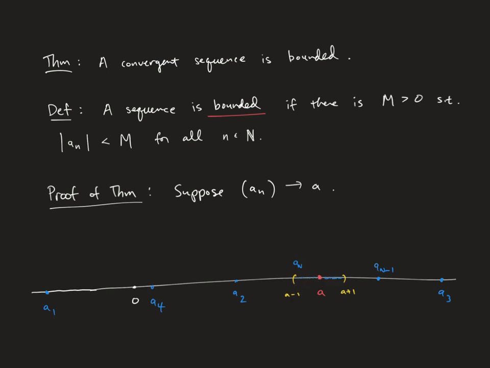So all we have to do is cover each of these finitely many points out here, and then just cover this whole interval, which we know is taken care of. So basically what we have to do is, as long as our m is big enough, as long as our m is bigger than the absolute value of all of these individual a's before the an, as long as our m is bigger than that,